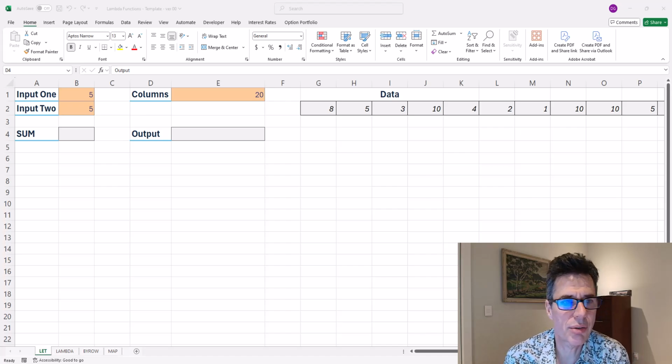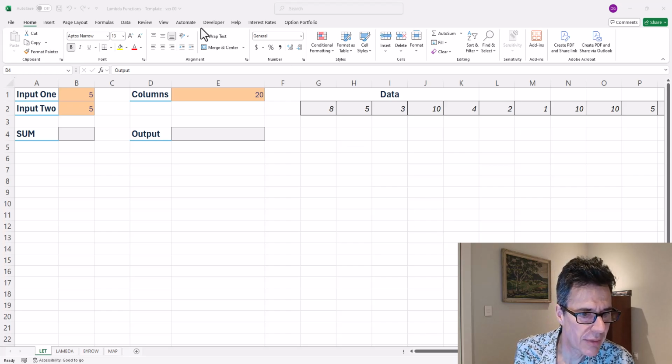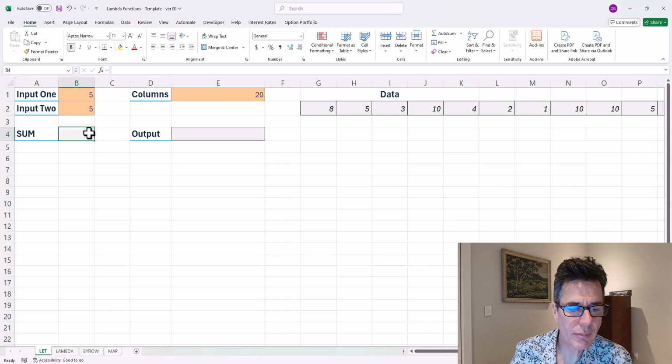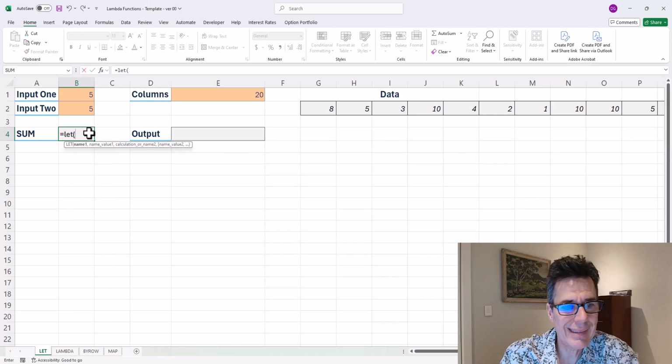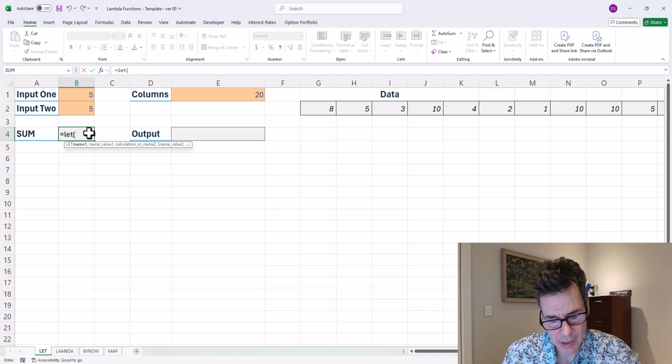So I'm just going to walk through a series of examples here. We'll go through this template and fill in the details. So first, the LET function. The way the LET function works is it takes any number of name and value pairs of inputs, and then the final input is the calculation. So for example,